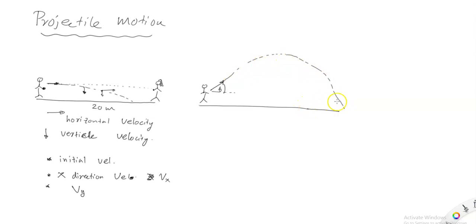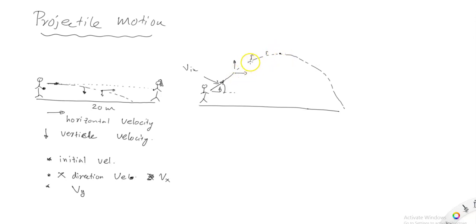This is a parabolic path. Even though my diagram doesn't look like it, this is usually a parabolic path. So here also you see that this is the initial velocity, V initial. After that, it's going up. That means it has some vertical velocity pulling it up, the velocity you gave it, which is reducing over time. Initially it has high vertical velocity, but it's getting smaller and smaller, and at the very top the vertical velocity becomes 0.